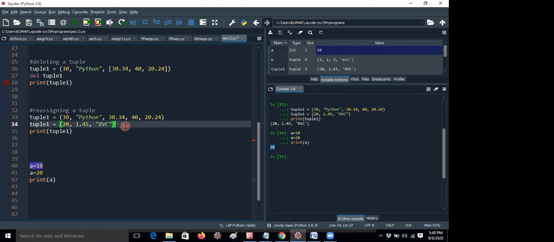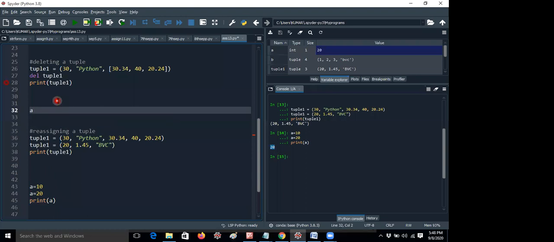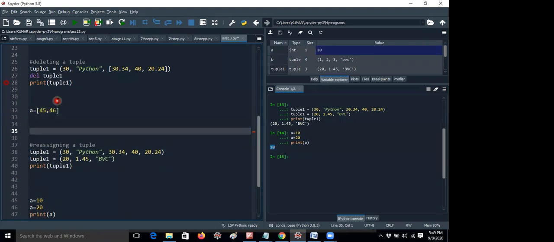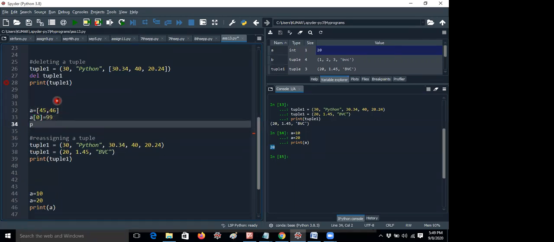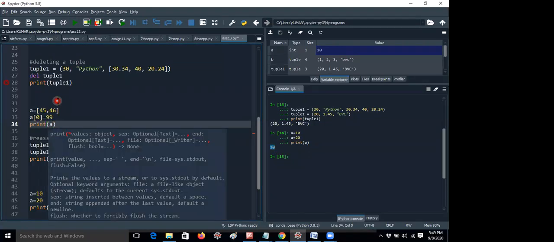In the same way, you cannot change tuple values, unlike a list. If you forgot that concept, I will explain anyway. Suppose I have a list like 45, 46. Let me write a of 0 equal to 99 and print a.